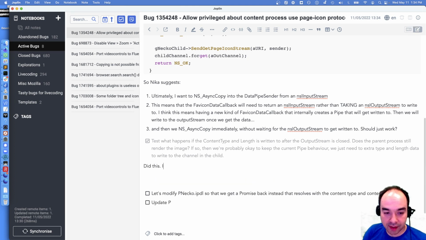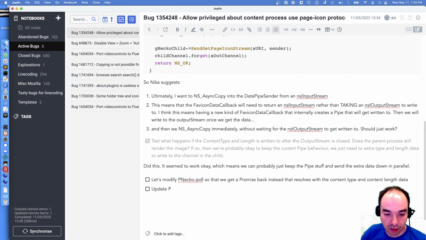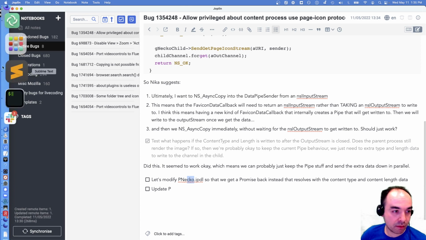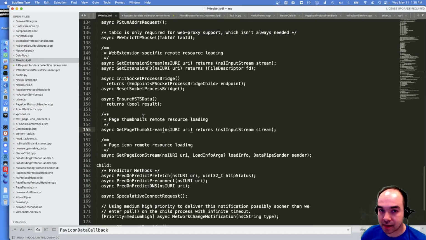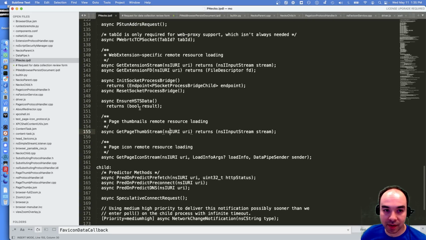Did this. It seemed to work okay, which means we can probably just keep the pipe stuff and send the extra data down in parallel. All right, so that's what we're going to do now. We're going to modify pneco.ipdl. If you've never seen IPDL, this is what it looks like. No syntax highlighting. Sublime doesn't know what we're looking at. But